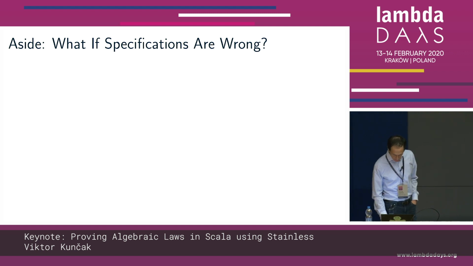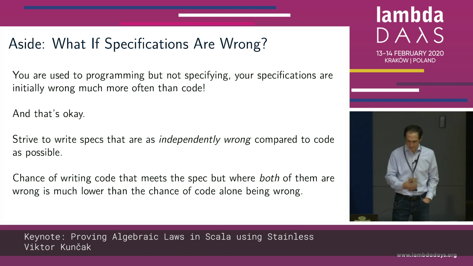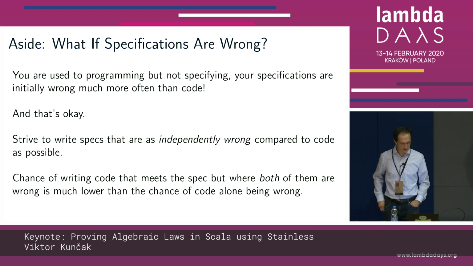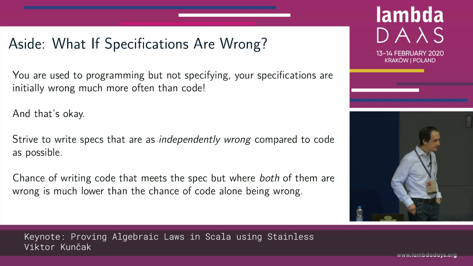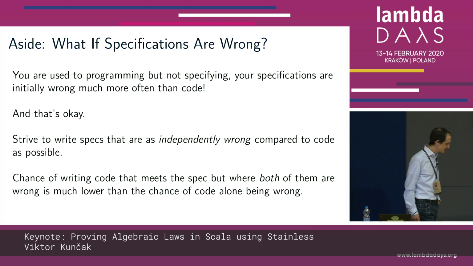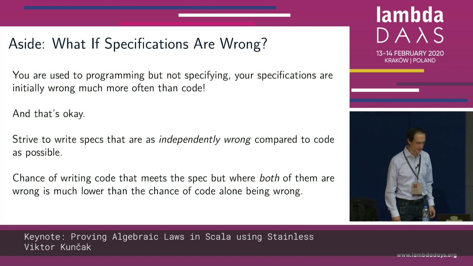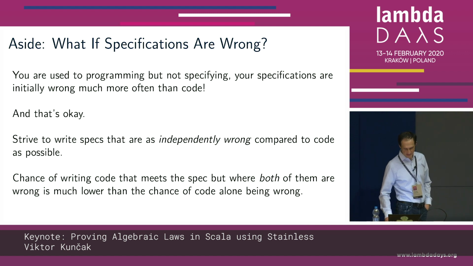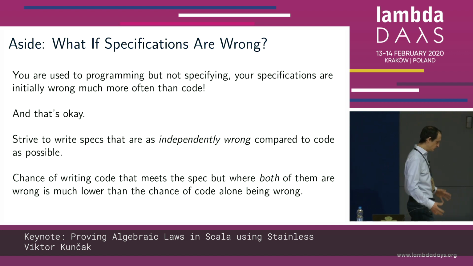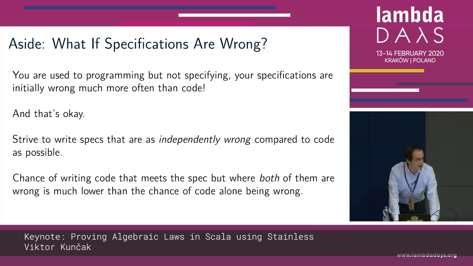Okay, so we've discussed yesterday, I think, what happens if specifications are wrong. Often this question comes up when people see all the effort that one needs to put in writing some of the specifications, and then you realize that, oh, but you could make a mistake there, right? And of course, when you start writing specifications, you'll be more likely to make mistakes in specifications than in code